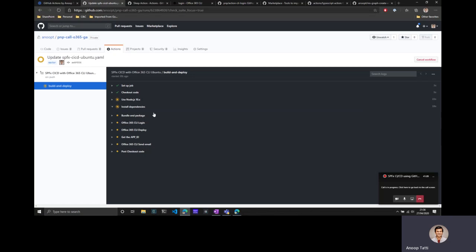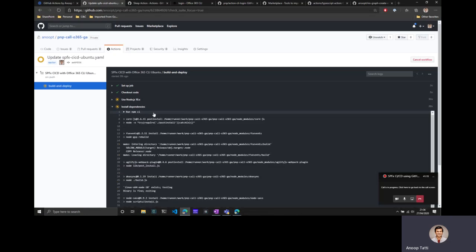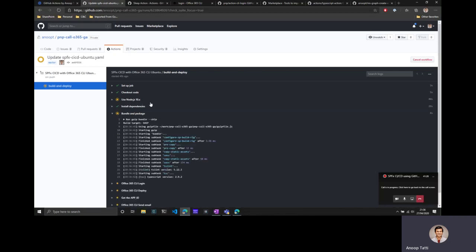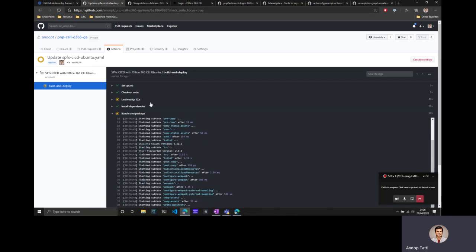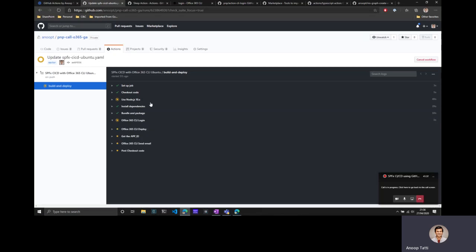Once this completes, usually this one takes a bit long because it has to install all the package dependencies onto the host machine. But yeah, you can see all the detailed instructions as to what it does. And just don't worry about this waiting icon for the previous task. Sometimes it just does that, but essentially it would have completed. Yeah, so after all the dependencies are installed, we'll just run gulp bundle and gulp package solution,